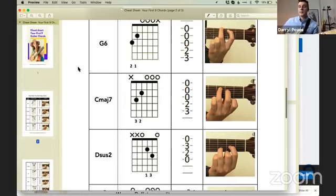D coming up. 2, 3. Going to E minor. We're going to C. Comes G, 3, 4, G. I'm slowing down a little bit. 1, 2. D is coming up. 2, 3. D, 2. E minor. 2, 3, 4. Here we go. C. G, 2,